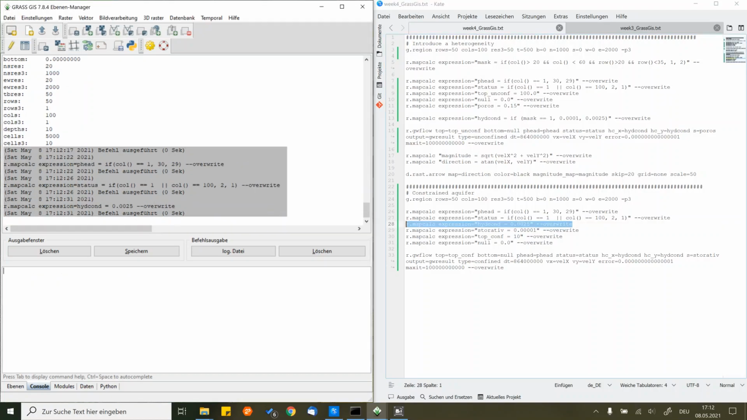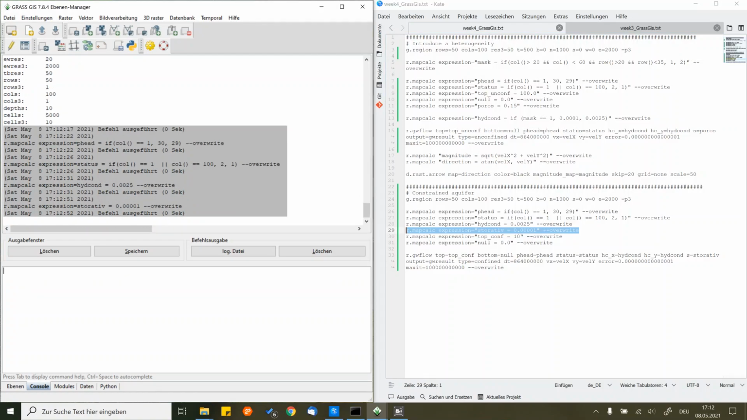Interesting, however, is the storativity value, because now remind yourself that in a constrained aquifer, or in a confined aquifer, storativity is significantly lower than in an unconfined aquifer. So here we will choose a different value for the storativity; before, we used the effective porosity as an approximation. And we will define